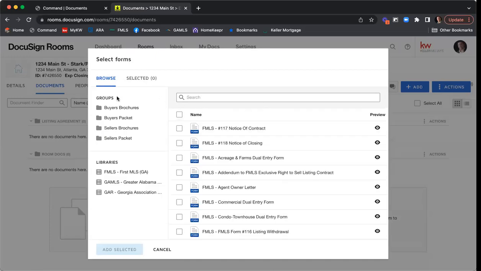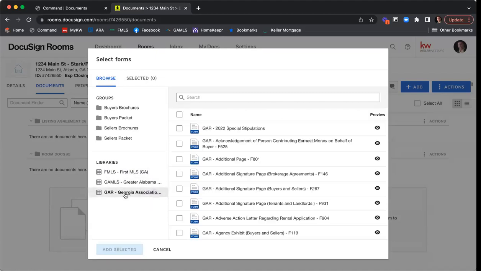And on the left-hand side, we have our groups and libraries. So libraries down here in the bottom left-hand side is going to be the libraries of forms that we have access to. So we have Georgia MLS. I don't know why we have the Greater Alabama MLS. Probably won't ever need it. And then we have our GAR, Georgia Association of Realtors. So you can click on this, and this is going to pull up all 180 GAR forms, which is a lot of GAR forms. And you can search here